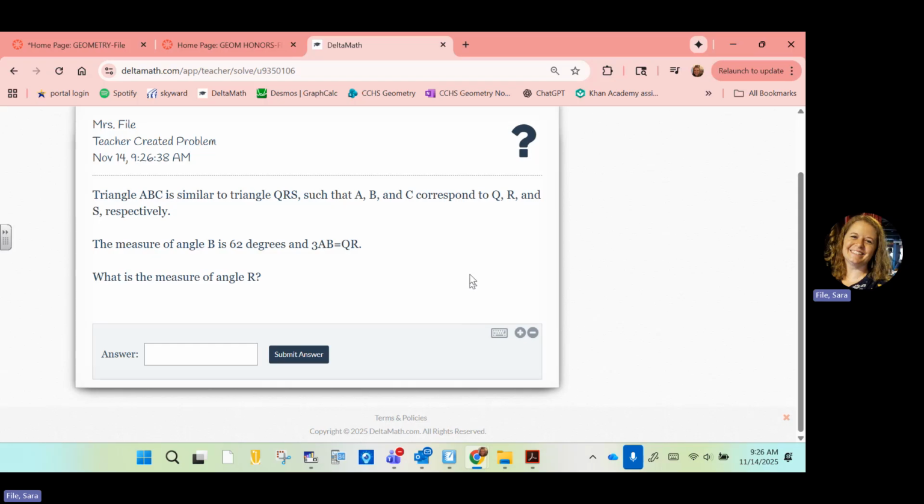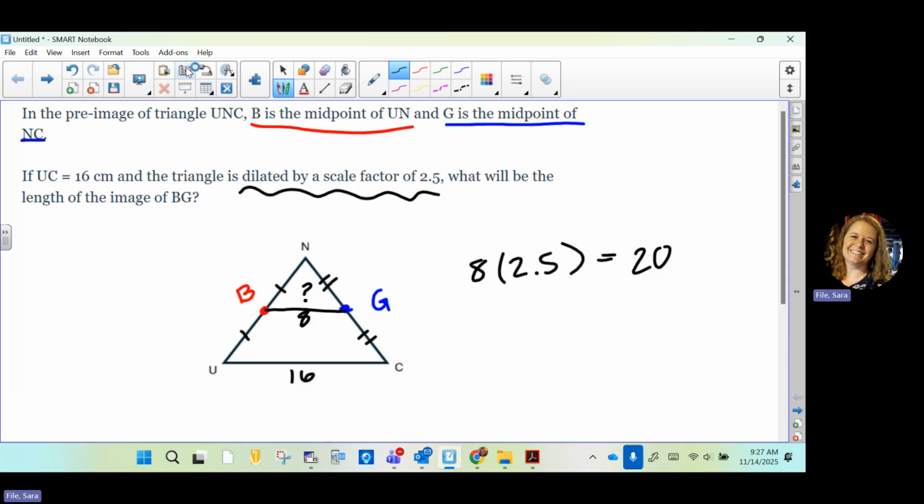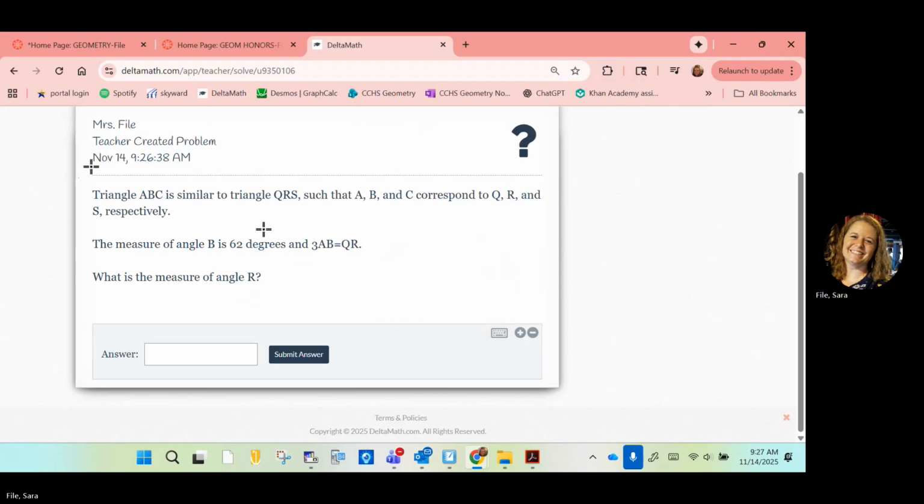Again, I promise things make more sense when you have a picture. So draw it out. Okay, so let me get my little camera guy here. So if this is the case,